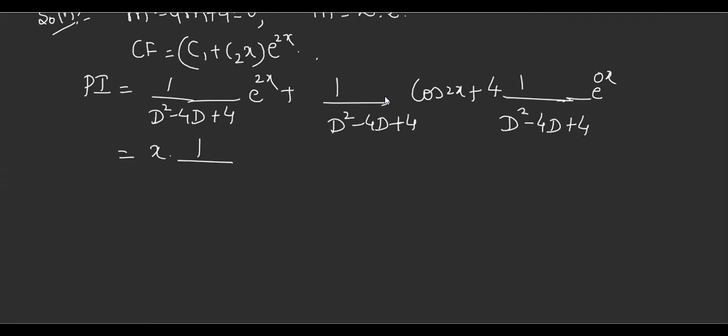D square derivative is 2d minus 4. Again check: if you substitute d as 2, again it becomes 0. Twice it has to become 0. So what do we do? Multiply by 1 more x. What is the differentiation of 2d minus 4? 2. Tell me, is it done for PI for the first term? Yes, ma'am. Yes, it is done because there is no d at all. It is solved.